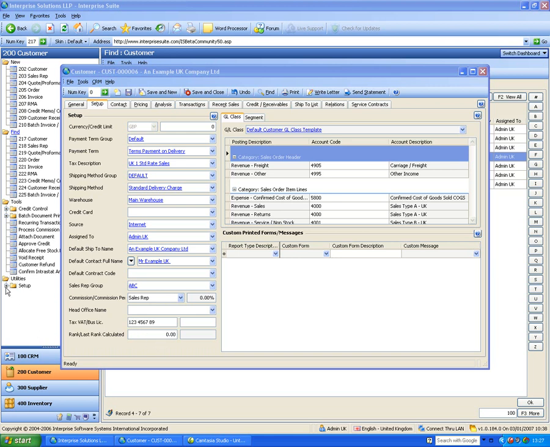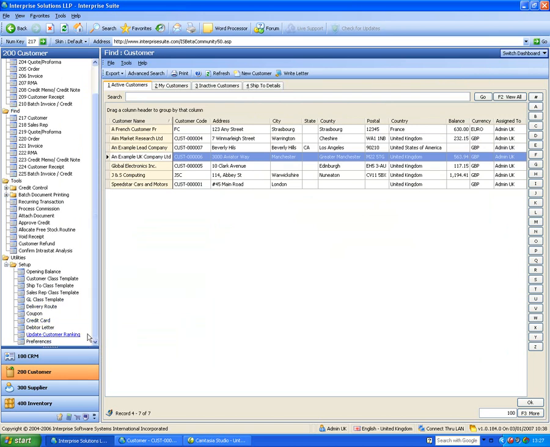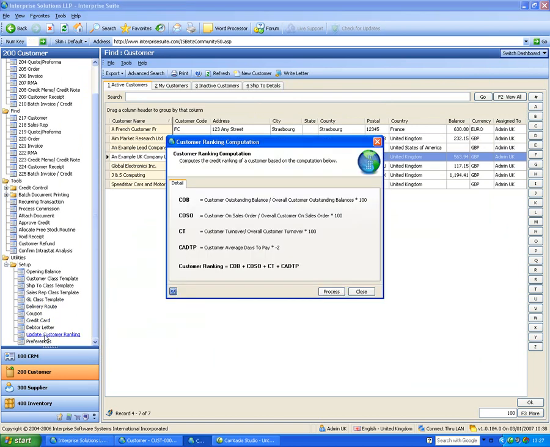this is recalculated in setup by looking at what's their outstanding balance as a percentage of their overall outstanding balance, what's their outstanding orders as a percentage of all outstanding orders, and what's their turnover as a percentage of all our customer turnover this year. And then obviously how many days do they usually pay on average, and that's weighted, so we come out with a decent rank. So for example, if we wanted to allocate stock, we had limited stock, we could do